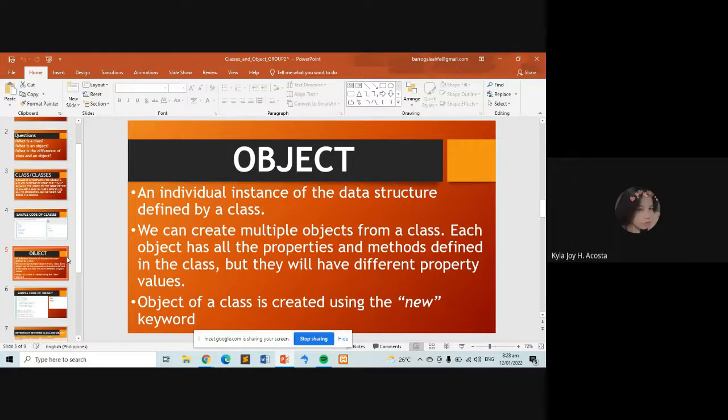Object. An individual instance of the data structure defined by a class. We can create multiple objects from a class. Each object has all the properties and methods defined in the class, but they will have different property values. In object-oriented programming, or OOP, objects are the things you think about first in designing a program, and they are also the units of code that are eventually derived from the process. In between, each object is made into a generic class of object, and even more generic classes are defined so that objects can share models